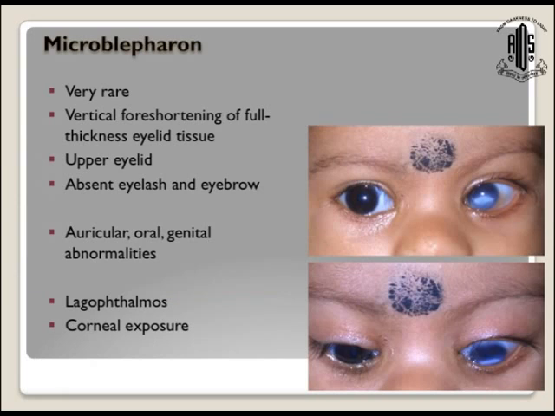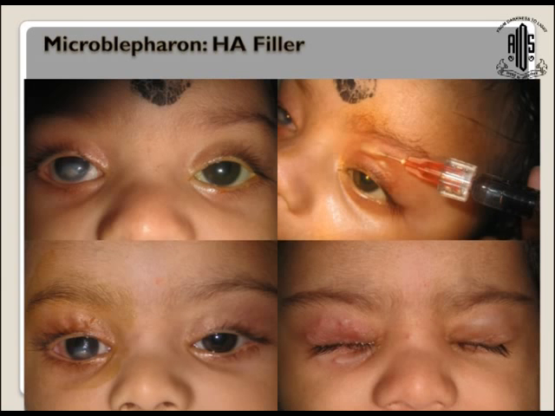Microblepharon is a very rare condition where again the vertical height of the eyelid is much shorter compared to the other side, and it gives rise to symptoms of downgaze, lid lag and exposure keratopathy along with lagophthalmos. These patients again can be managed with a filler agent because this condition is usually a little temporary and tends to improve as the patient grows. As the mid-face grows, we expect that the skin in the upper eyelid will also lengthen a little bit, and that would eventually improve the post-operative outcome for the patient.